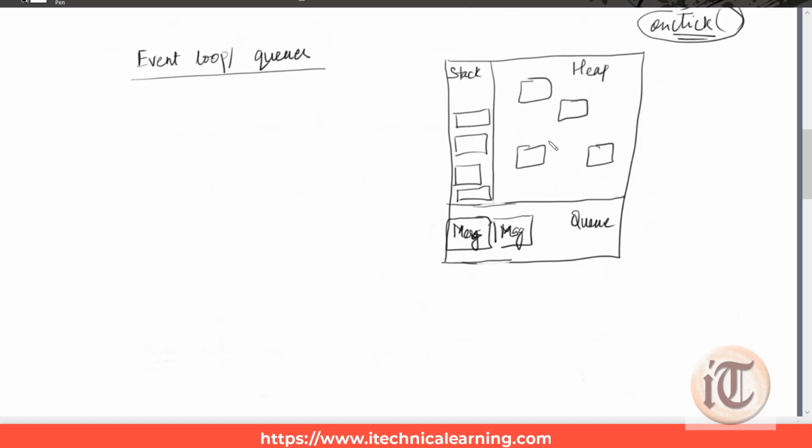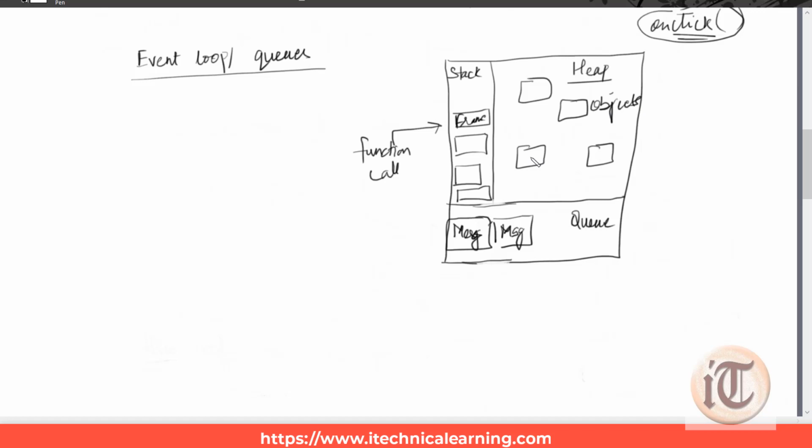That's why it is called a heap. Whenever a function is called, it forms a stack of frames. These frames are generated whenever a function call happens. The heap contains the object memories that are allocated randomly.